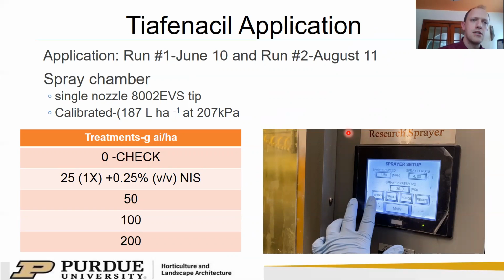So kind of trying to simulate an application made after harvest when the ground is pretty bare. Trying to keep weeds suppressed so you get that regrowth without weed competition, essentially is what we're shooting for here. So these applications were made on June 10th and then on August 11th for run 1 and 2 respectively, using